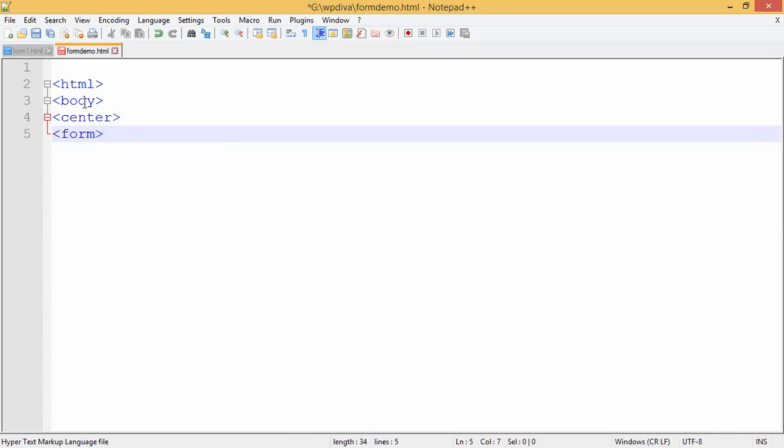Why do I need to create a form tag? When I want to include all the form elements like text boxes, radio buttons, check boxes, list box, I have to include that in the form tag. I cannot include that in the body. Why? Because I want to submit that data from one file to another file. That is the reason I want to include all the form elements into the form tag only, right?